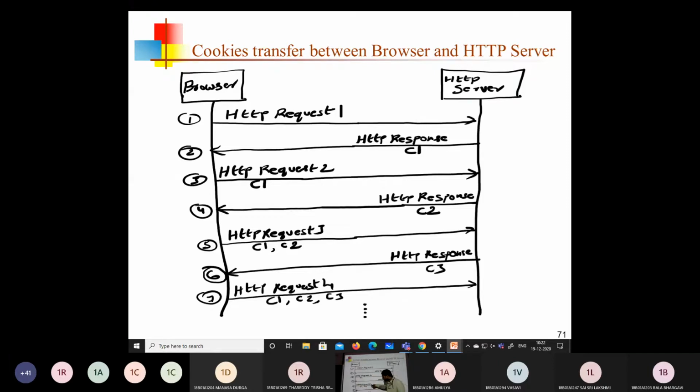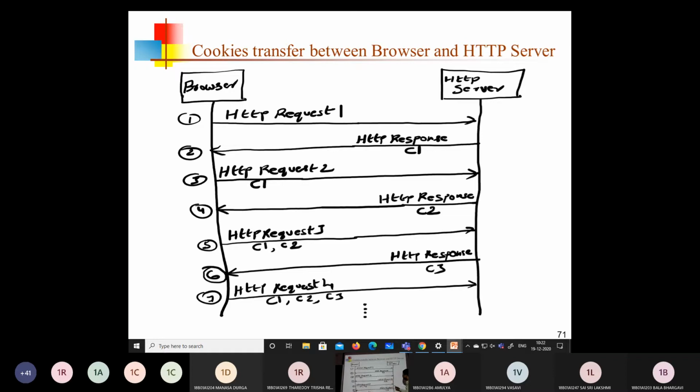The browser earlier received C1 and C2, and those unchanged cookies are added along with request 3. So request 3 contains the request content plus C1 and C2.